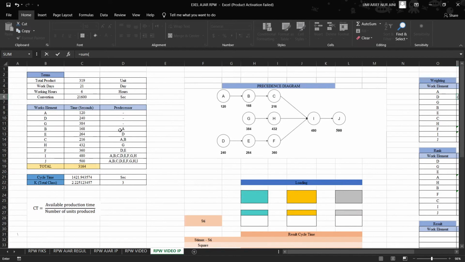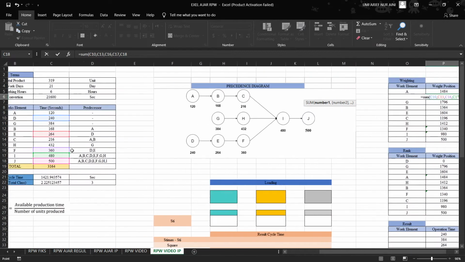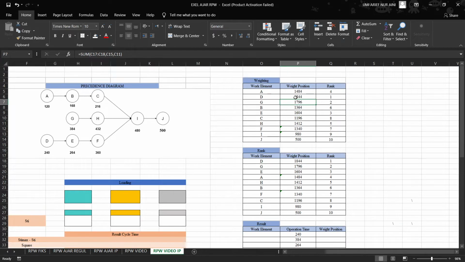On your work element table, focus on the time column and click work element D, then E, then F, I, and the last is G. After we include the time, you can click enter. After that, you can see the result of the weight position for work element D is 1084.